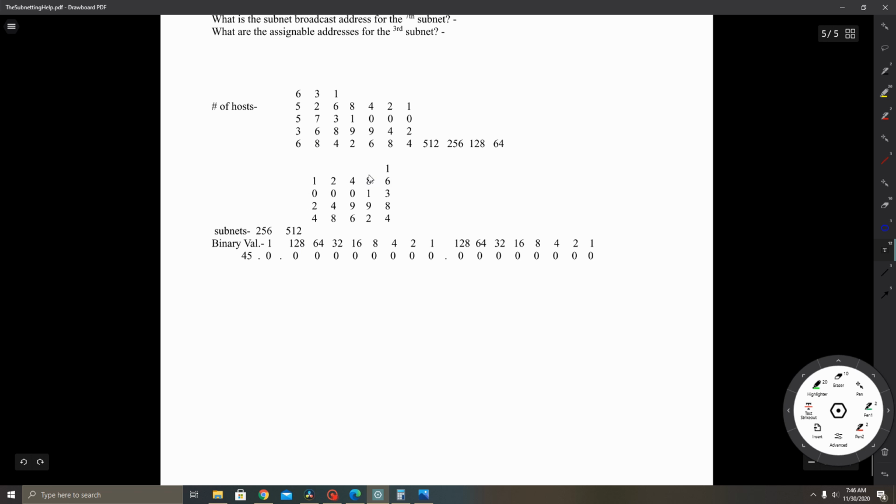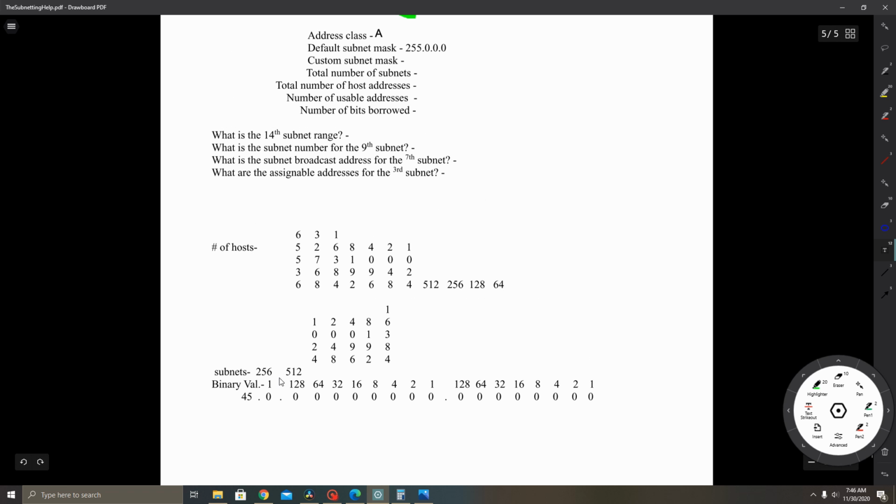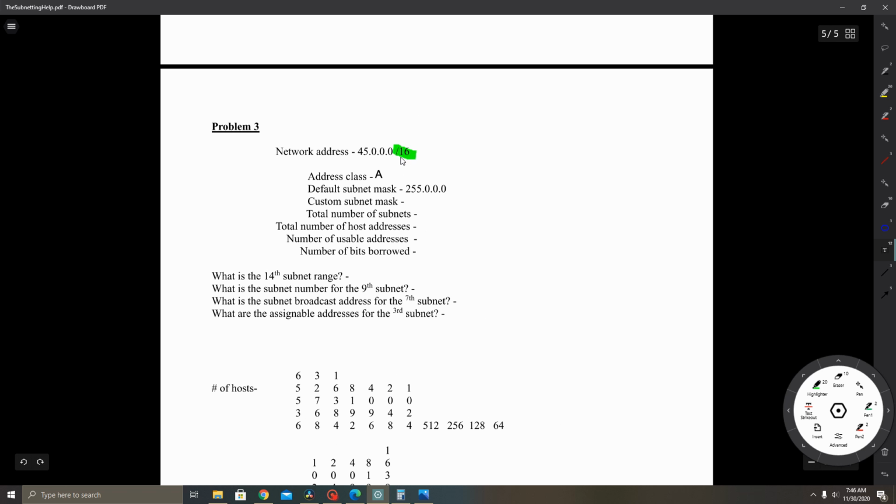So we can just skip right ahead. I should have put a bunch more zeros here. Just keep that in mind. This is supposed to be like 8 zeros right here. This should be 8 zeros. I'm not doing it. I don't have enough room. You're just going to have to deal with it. Alright, so we're going to pretend that this is 8 zeros. Okay, where we have this CIDR 16,